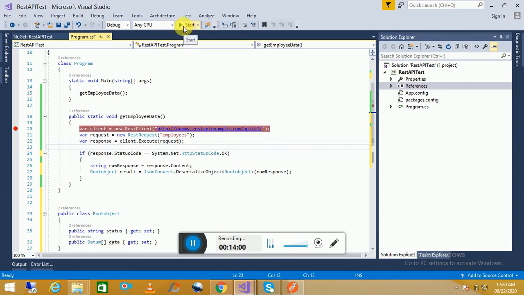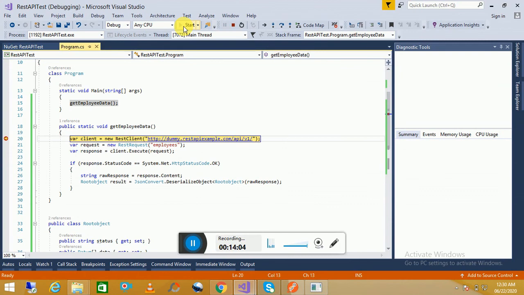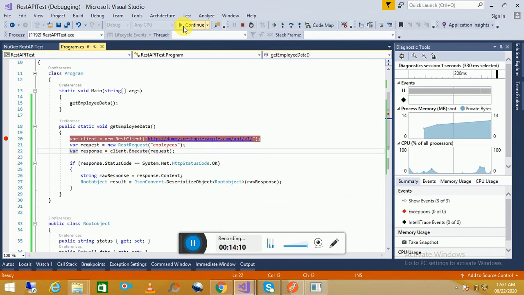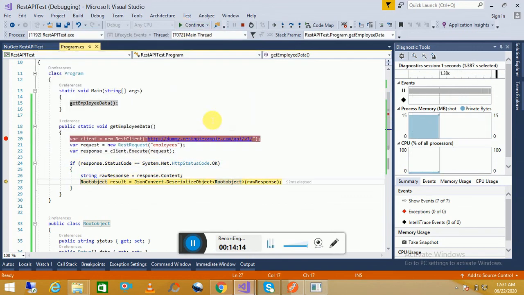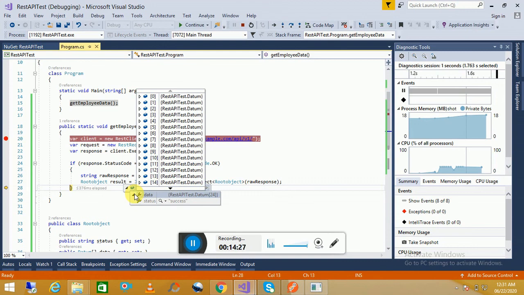Let's run our project and check. So it's already converted to the C# object.